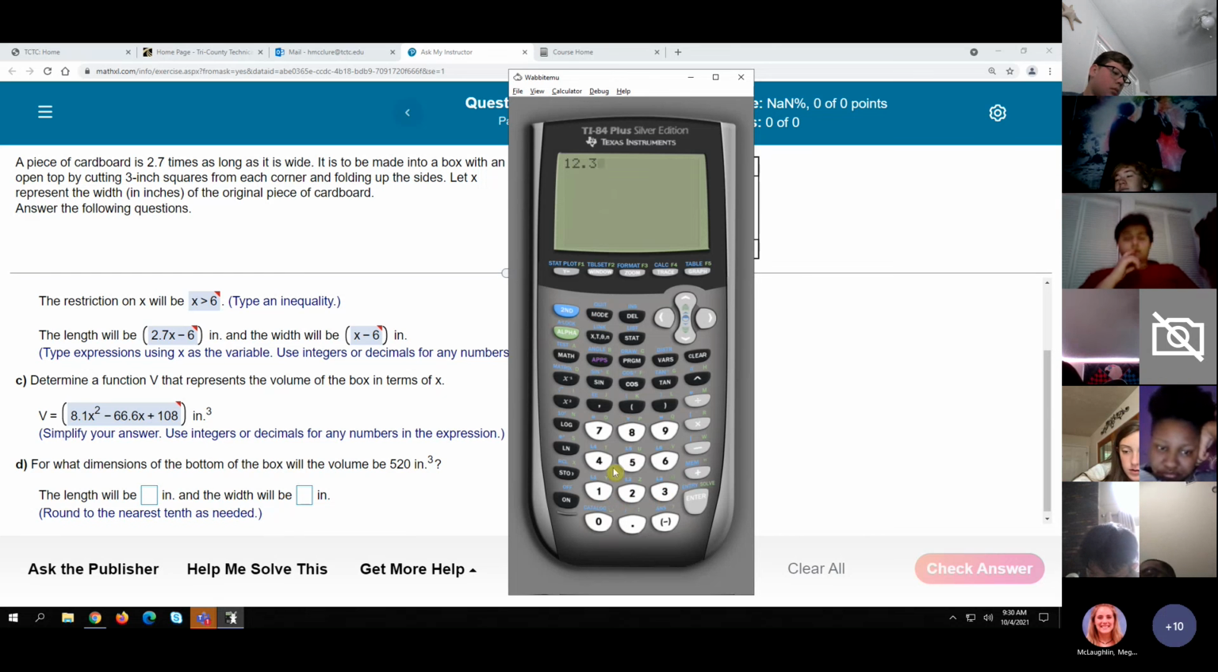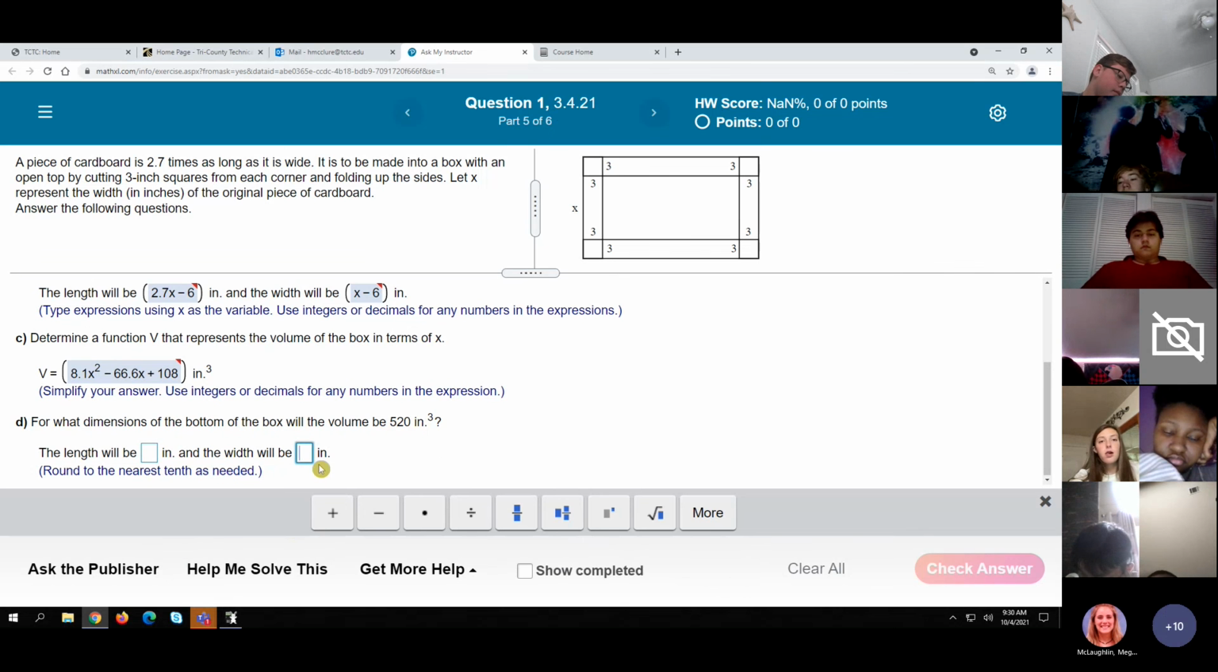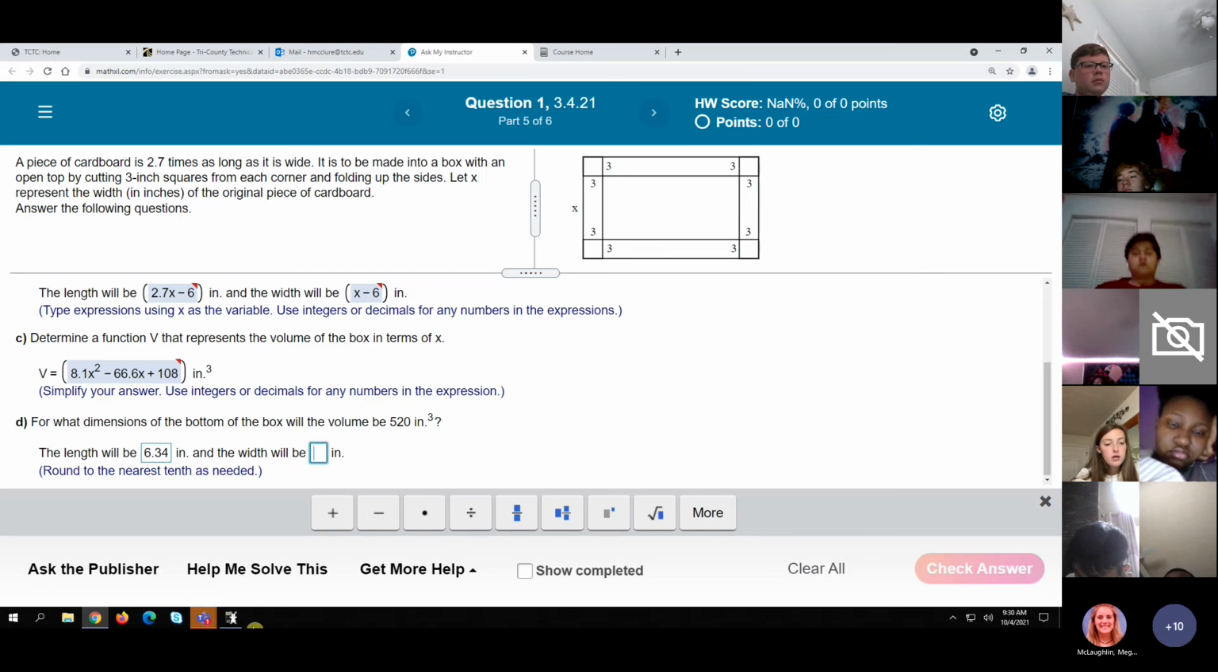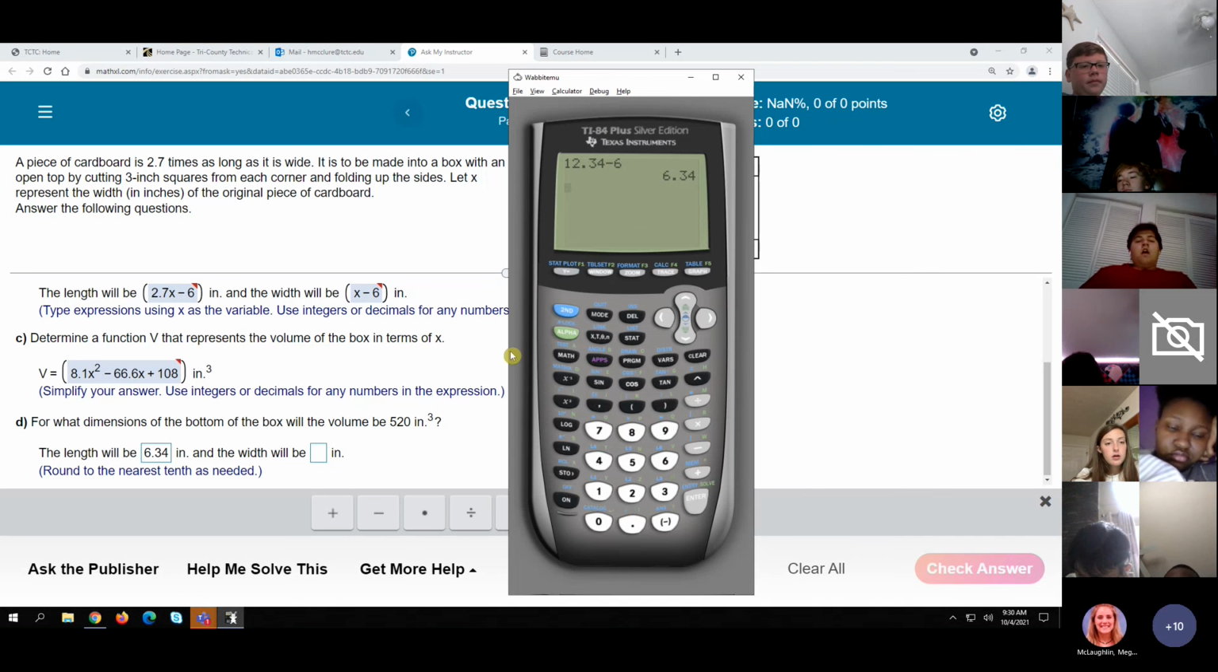12.34 minus 6.34, and that's going to be right there. Let's see the width. That's going to be 6.34. And then the length is going to be 12.34